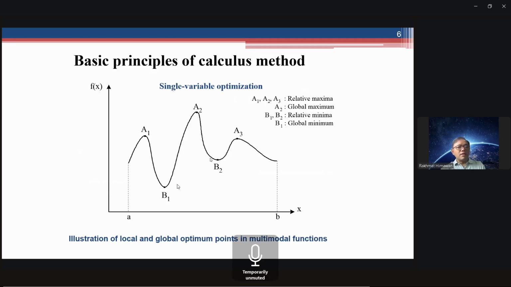Okay, so now we want to find, if we have a function, where the